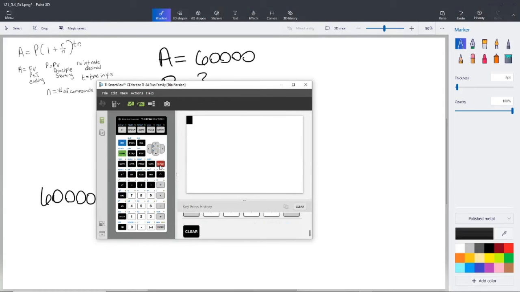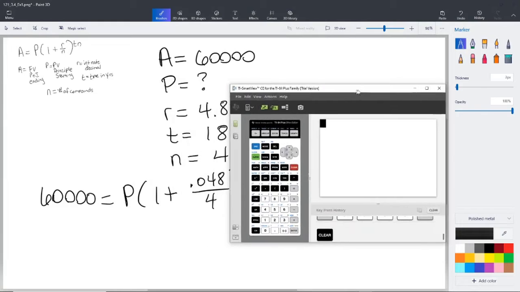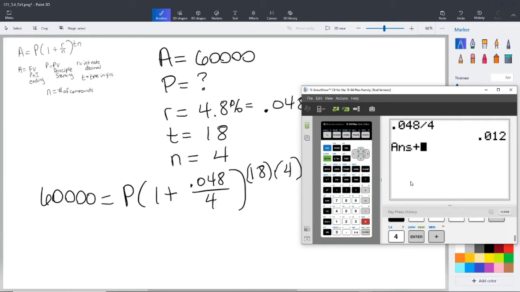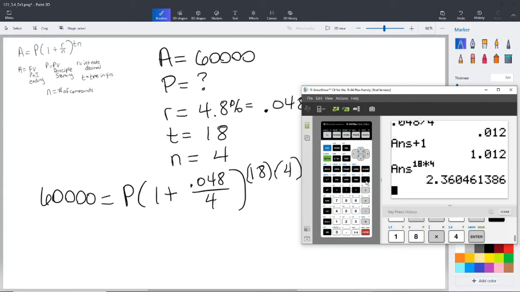Now we can clear off anything that may have been there before. Let's give ourselves some space. We know what we're calculating here. All right, here we go. We're going to take 0.048. We're going to divide by 4 and hit enter. Get that number. Then say plus 1. Get that number. Then raise it to the power of 18 times 4. All right. So right now we've got this 2.3604. And it's not a bad number to have, but because the decimal doesn't end,